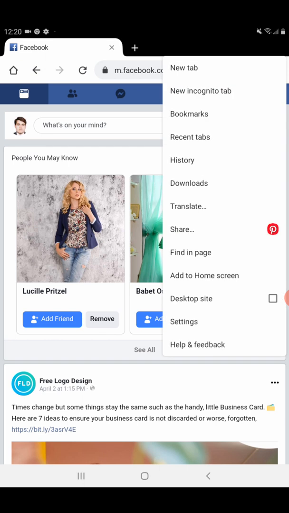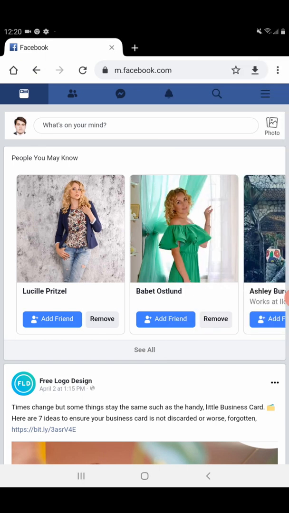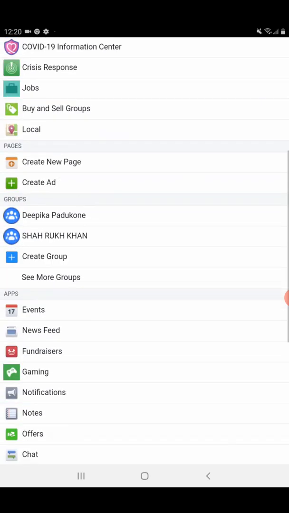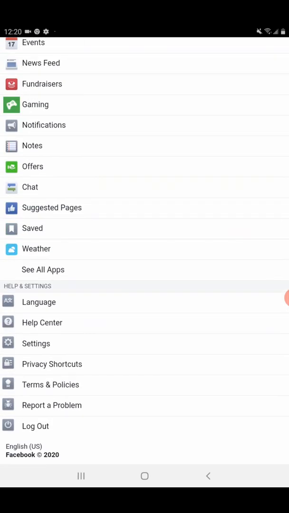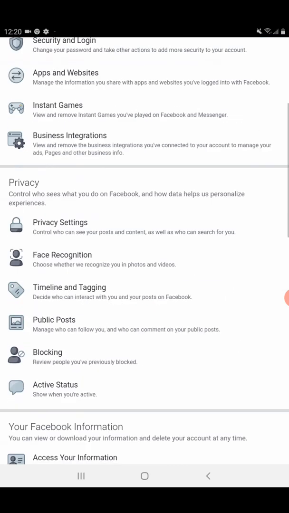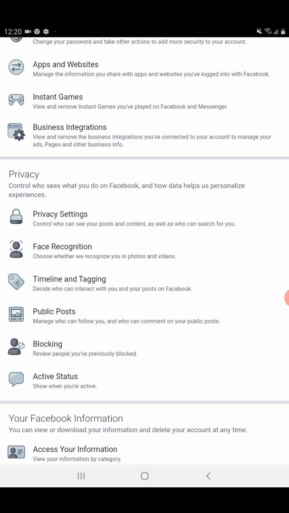You need to click on the three lines, go down, and press on Settings. When you press on Settings, one main page will open, and in the third box you will see the third option,